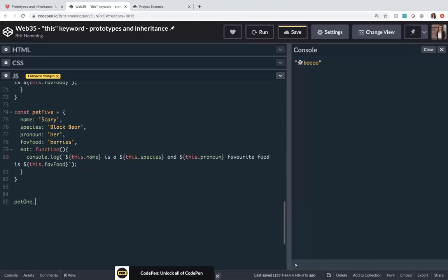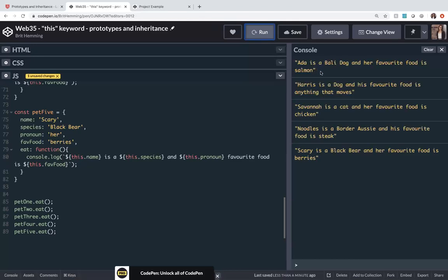We'll say pet1.eat, pet2.eat, pet3.eat, pet4.eat, and pet5.eat. Okay, and if we clear, save, and run,